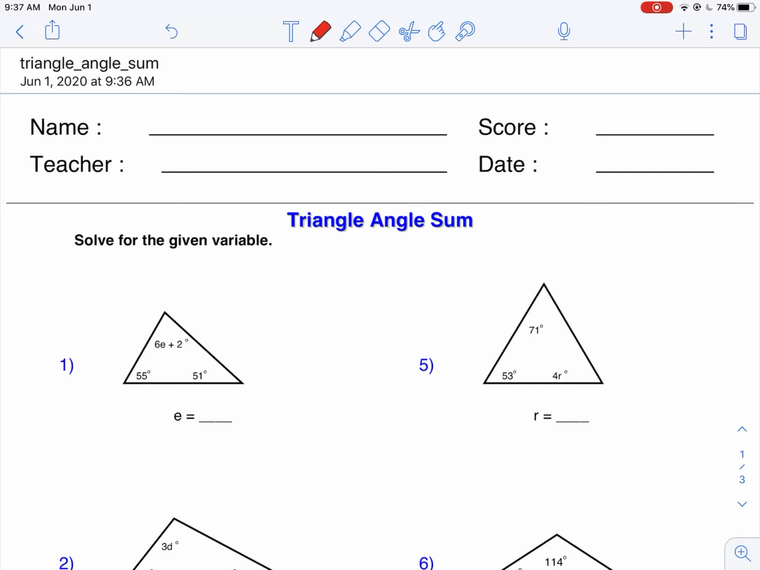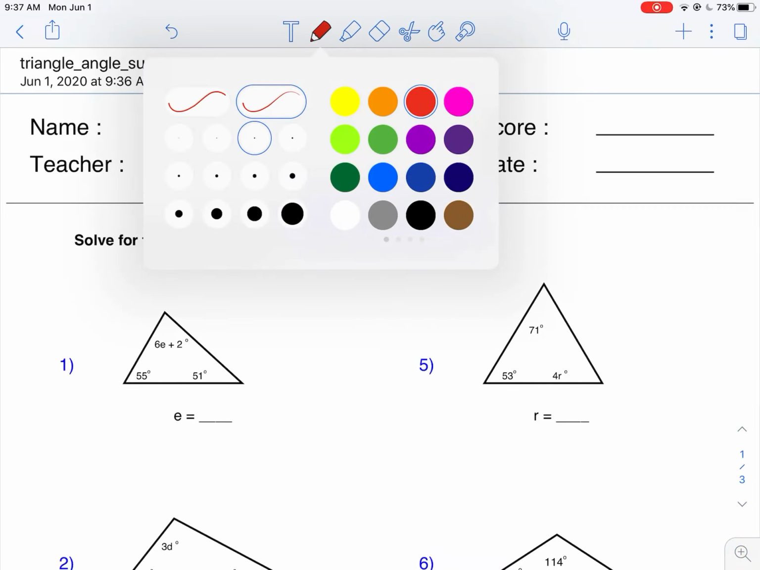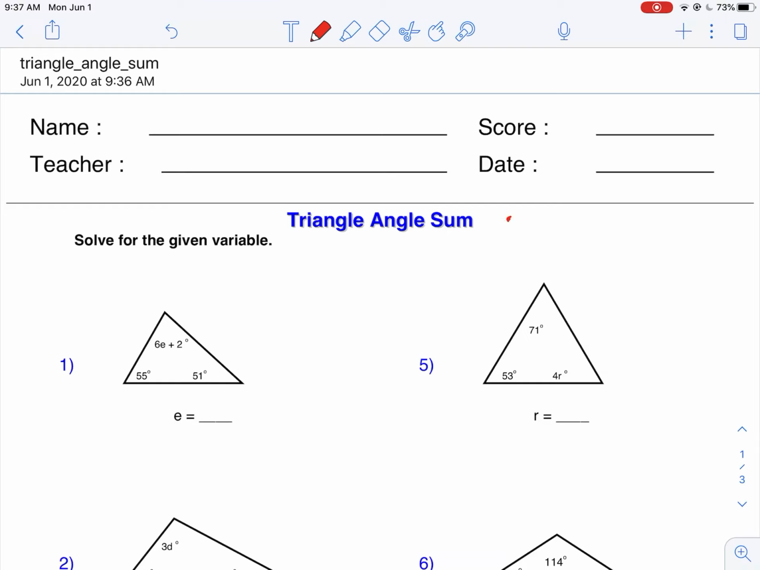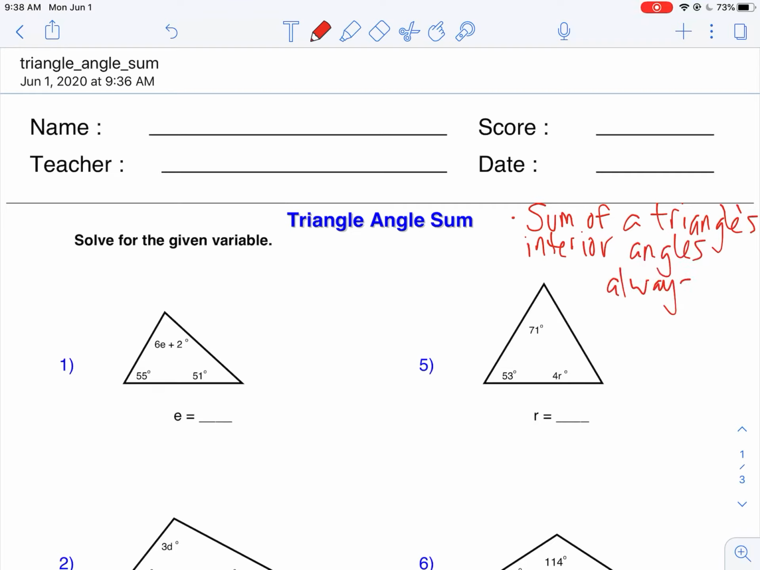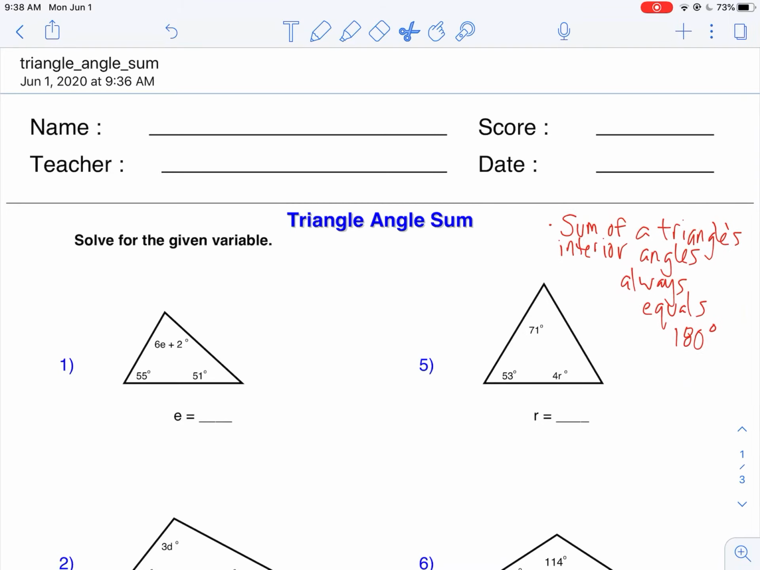Whoops, that is way too thick. Let me fix that. So we're going to write down a very important aspect of triangles. The sum of a triangle's interior angles always equals 180 degrees. So no matter what with the triangle, you're always going to be dealing with 180 degrees for the